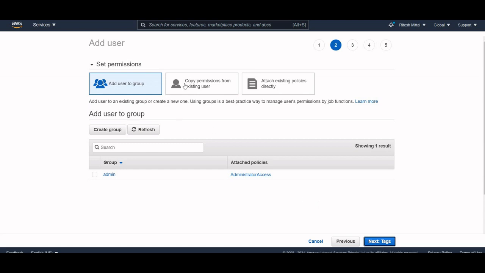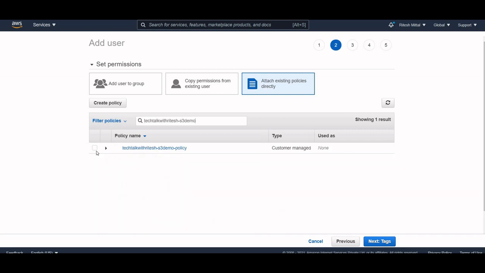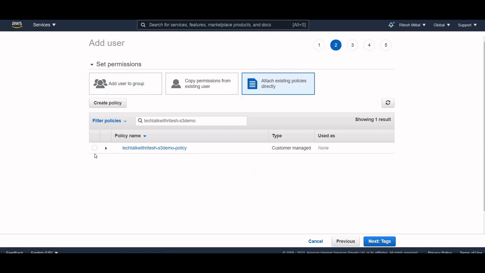Then for setting up permissions, we have options 1, 2 and 3. For example, attach existing policies directly means we can search for the one we just created and attach it. There is also the option to assign it to an admin group, which is not needed, as we just need S3 access. But there is a catch.